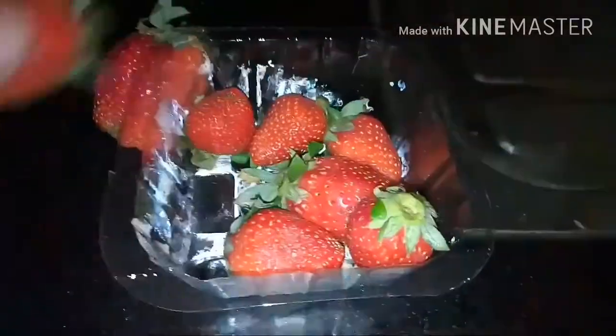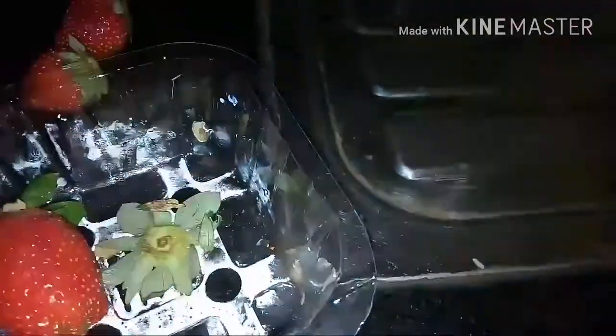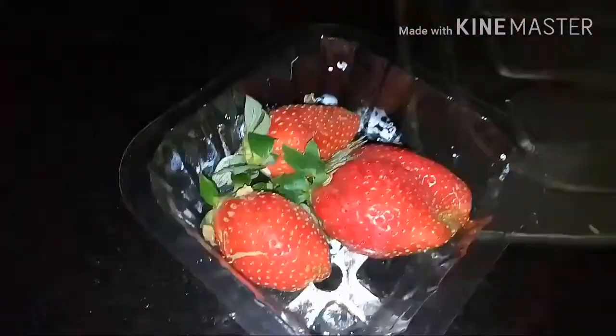So I'm using strawberries, but I'm not gonna be using the big ones because I'm gonna be eating them up, and we're using the smaller ones so that the wastage is least and the result is max. I chose 5 strawberries at random. Well, not actually at random, but these are my chosen ones, and let's see how much DNA can we get